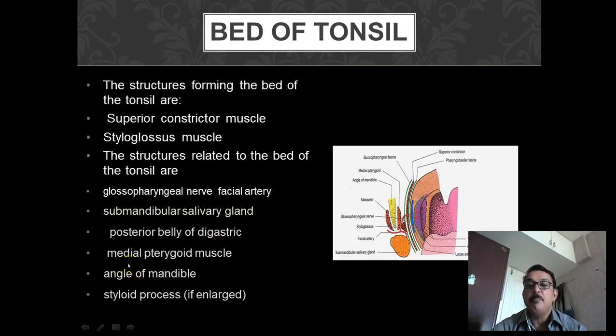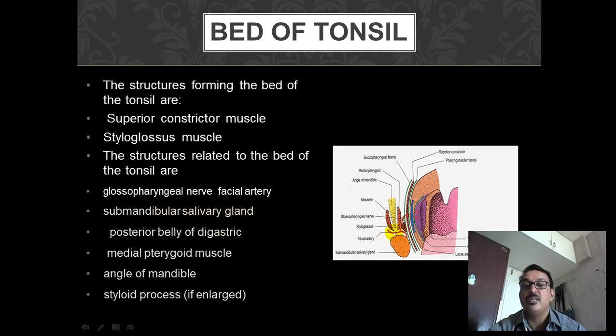The bed of the tonsil, you can see from here, this is the tonsil, and this entire structure will form the bed of the tonsil. The structures which are forming the tonsil bed are the superior constrictor muscle. This is the superior constrictor muscle, and the styloglossus muscle. This is the styloglossus muscle, and the structures in the bed are the glossopharyngeal nerve, the